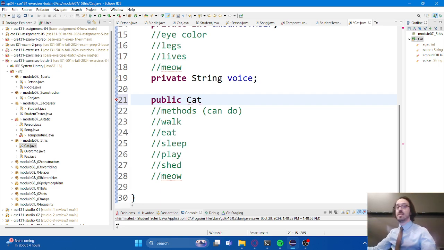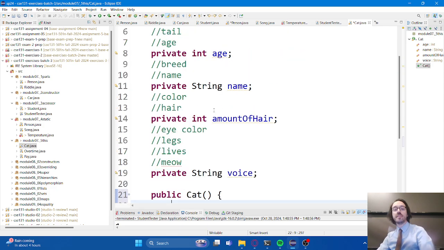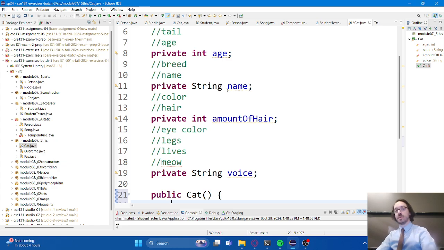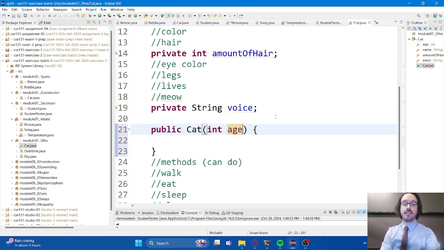It's always the same. And now I have to think about, okay, how am I going to set these instance variables? Because that's the role of the constructor, so make sure that all of these instance variables have a value before the constructor is finished. So actually with the first one, we kind of have an interesting conversation. Age, right? There's 2 ways we can do this. I can say int age here and set it like this.